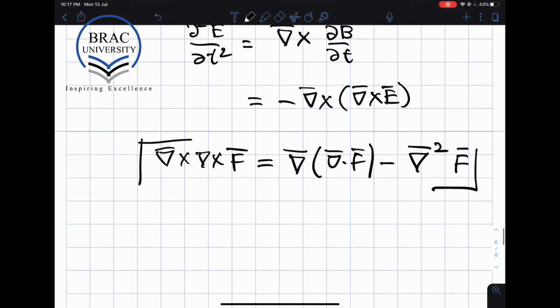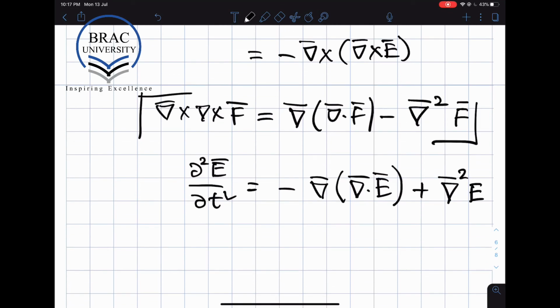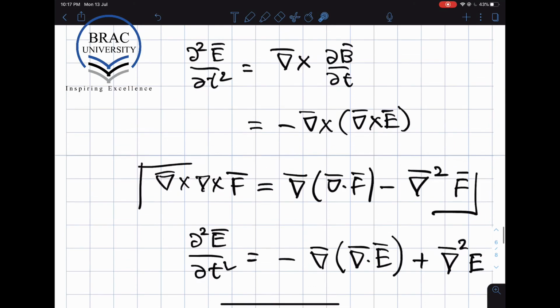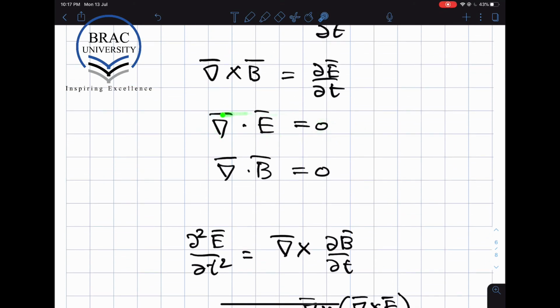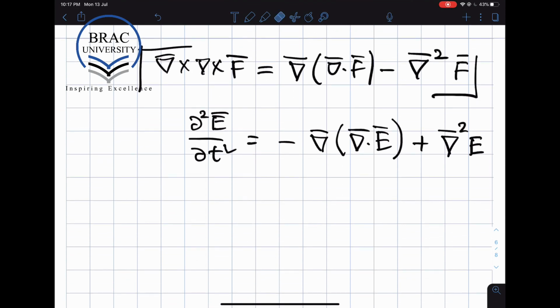If I apply this to my equation, then I get del squared E by del t squared is equal to minus, the minus stays in the first term, a gradient of a divergence of E, and then on the second term I get plus del squared E. But what is divergence of E? Because it's a source-free equation, from Gauss's law we see that that's 0. And so we get, as a result,